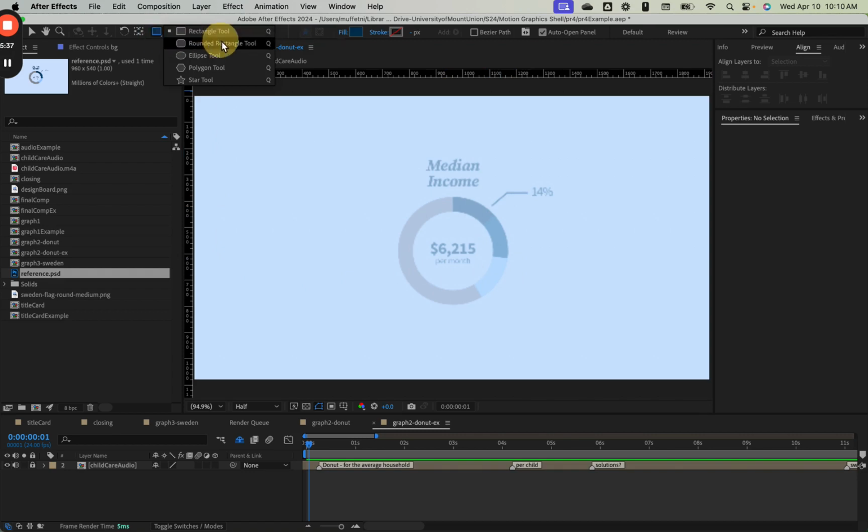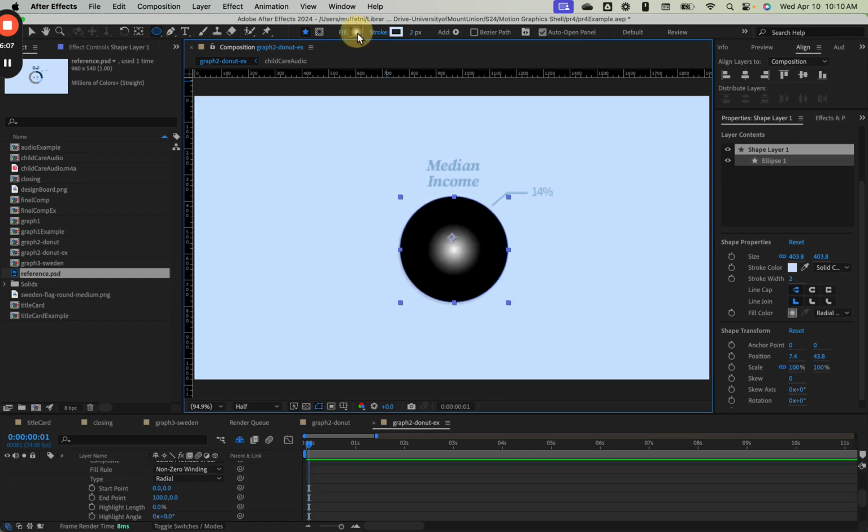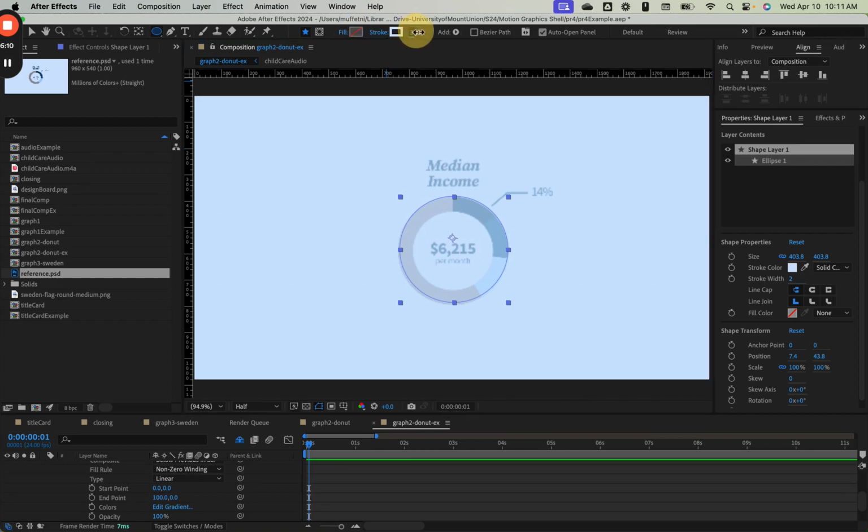So here is how I would approach this. I'm going to grab my rectangle or my ellipse tool, and I'm holding Command to scale this from the center of my click, and I'm holding Shift to scale it proportionally. So I'm going to go ahead and make it relatively close to that size. I'm going to hold Option and click to make this a stroke instead of nothing over here, and then I'm going to turn off the fill because we actually want this to be a stroke around the outside of that